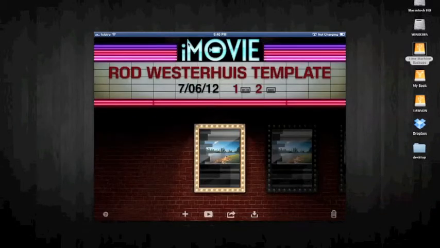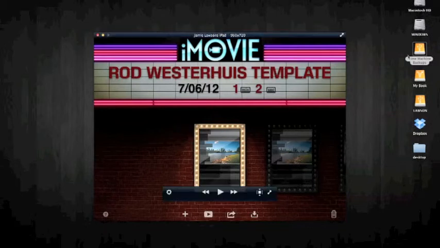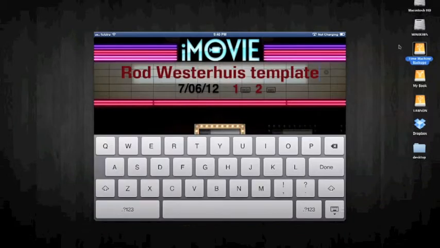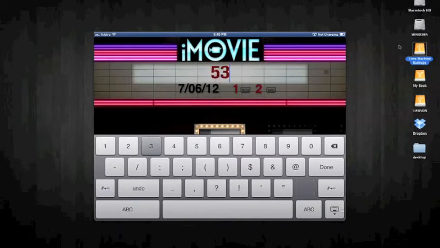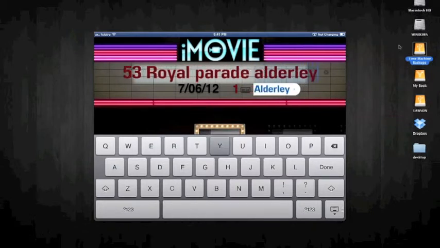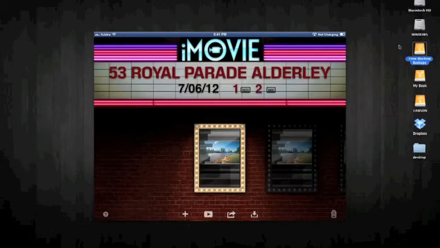And off we go. All right, and it still says Rod Westhouse template. I'm just going to click onto that on my iPad. Okay. And I'm going to type in 53 Royal Parade, Alderley. Okay, that's good, and hit done. And that'll fix that up. So that's all good. So now we've got a record of that, and we can then go and press on